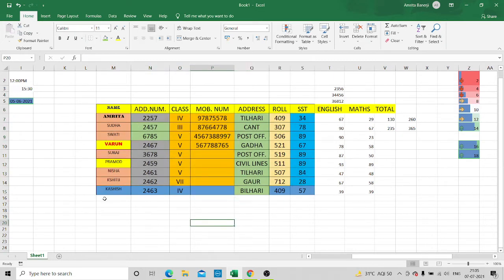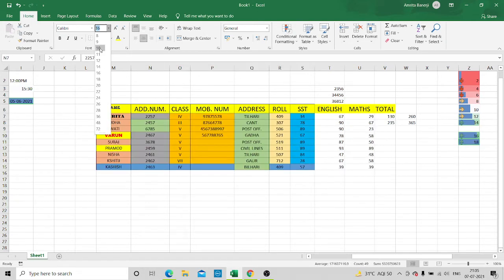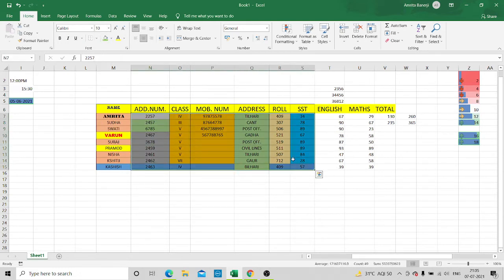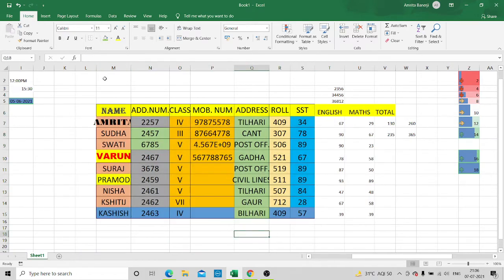Now since these were smaller, the font size was smaller, this was easily visible. But for these children it wasn't visible. I will just show you. I will decrease the font size, suppose I have set it to 10. Now I will select all this and align it to, suppose, bottom. See, all the text has moved a bit to the bottom of the cell. So this way, children, you can select any kind of alignment for the text you are entering inside the cell. All these things are supported in this Excel document, children.